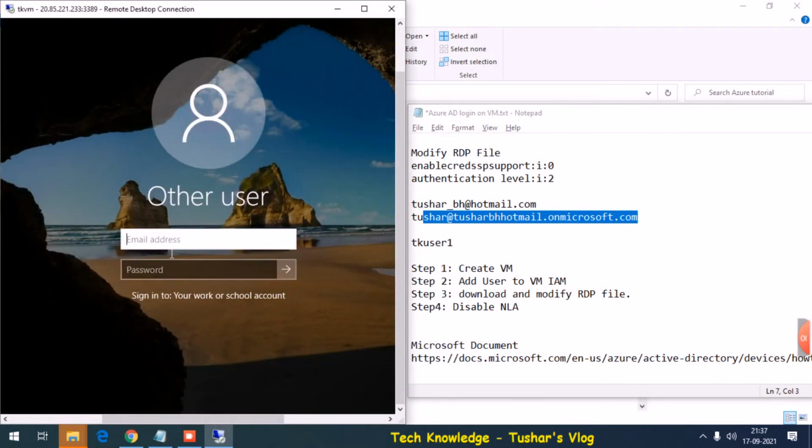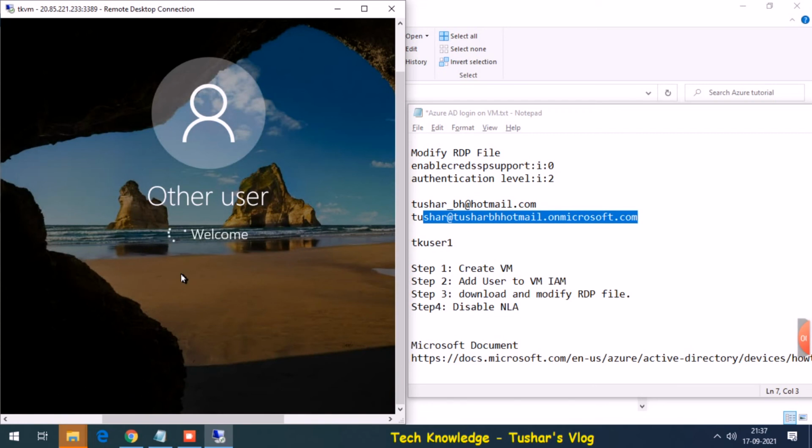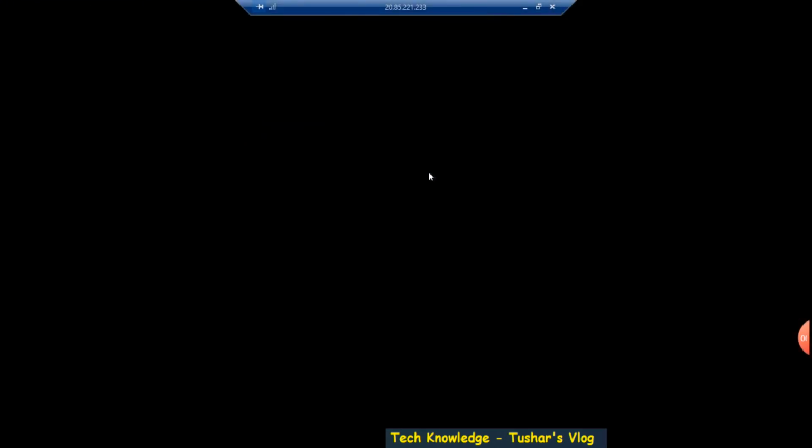Since you are logging with Azure AD, your username starts with Azure AD /. So I am able to log in.